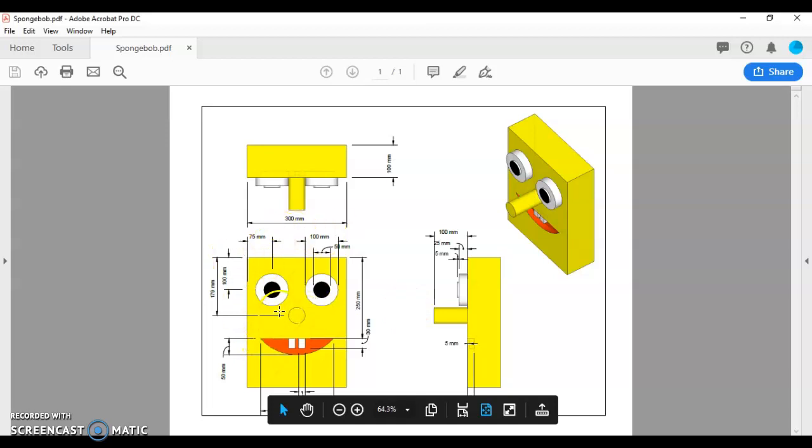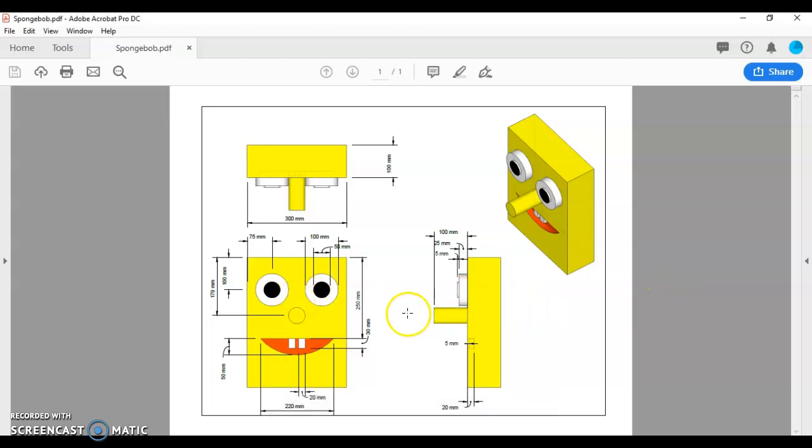All right, we're on to the nose. We know the nose is a circle or a cylinder here, so we know we have to locate the center of it first, and then we're going to give it a radius, and then we're going to tell it how far to come out of the face. The center here is 179 millimeters down from the top, so that would be tape measure tool coming down from